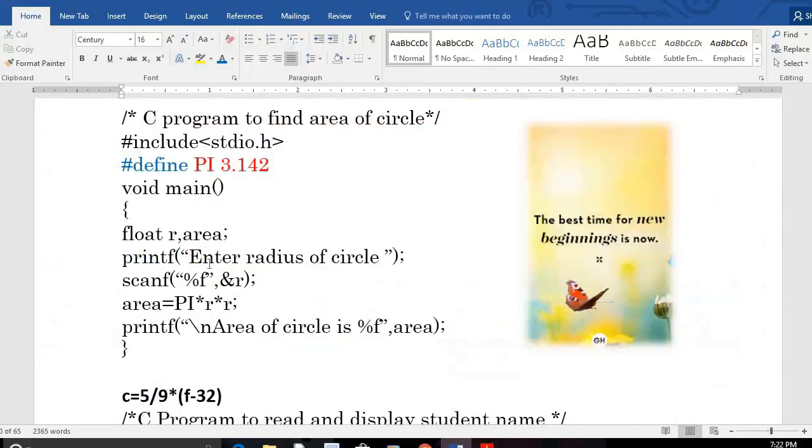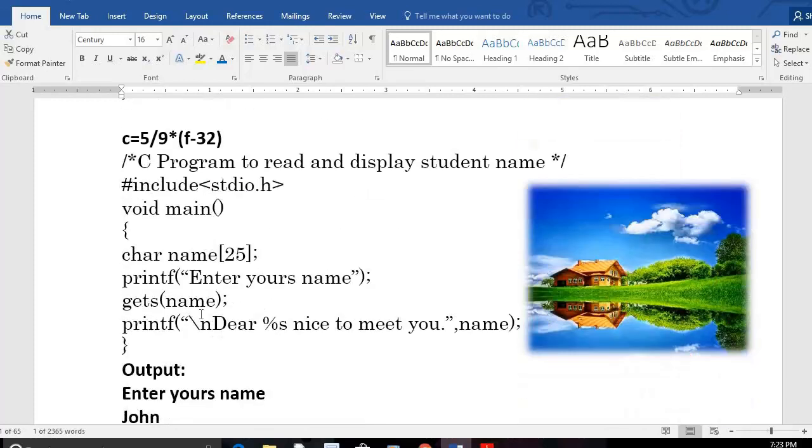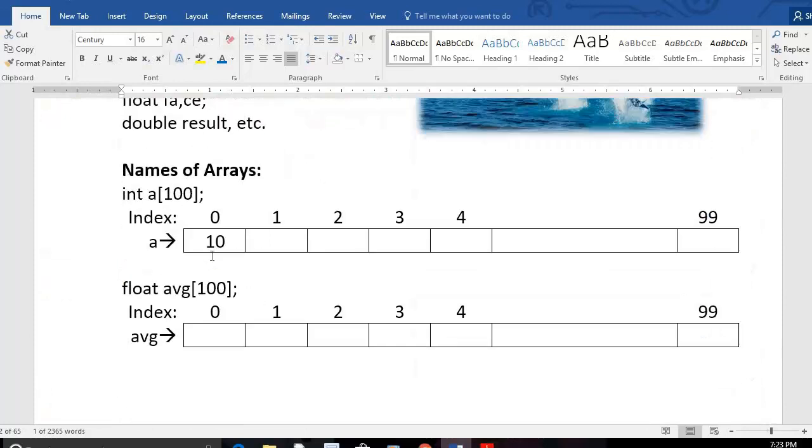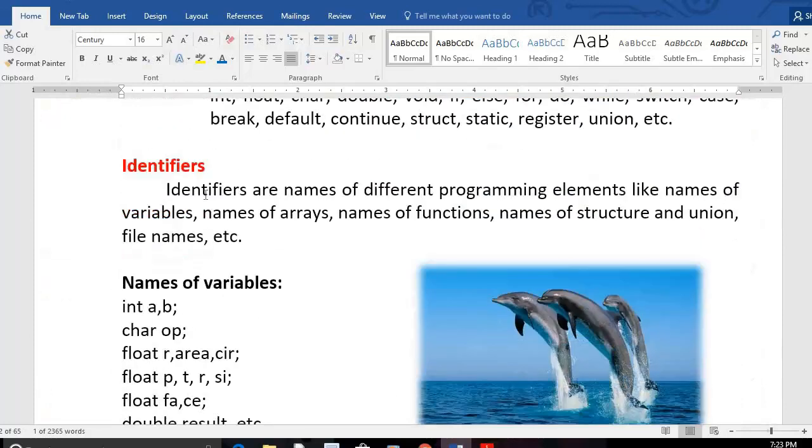Look at other example. What is the name of the first memory? R. This is identifier. What is the name of second memory variable name? Area. R and area are identifiers. Now what I did, I allocated the memory. What are identifiers?